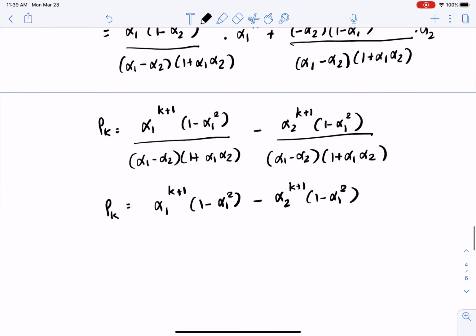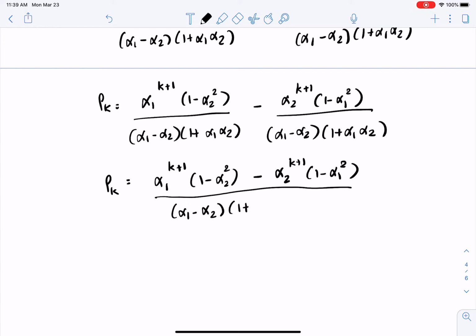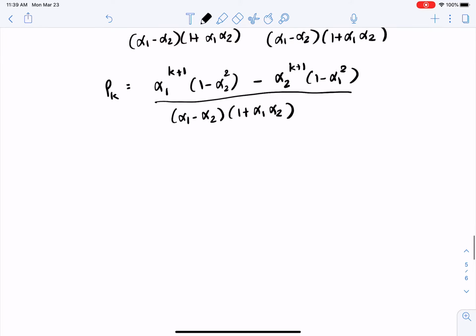Excuse me, the first term here has to be alpha 2 squared. All divided by (alpha 1 minus alpha 2) times (1 plus alpha 1 alpha 2). So that is the general expression for rho K,